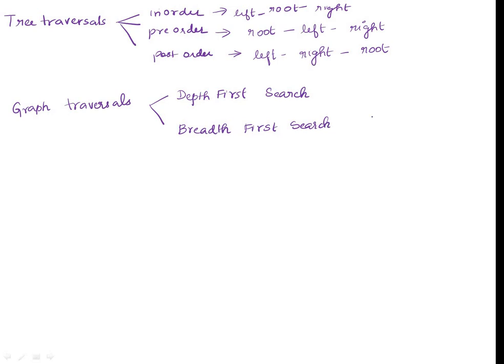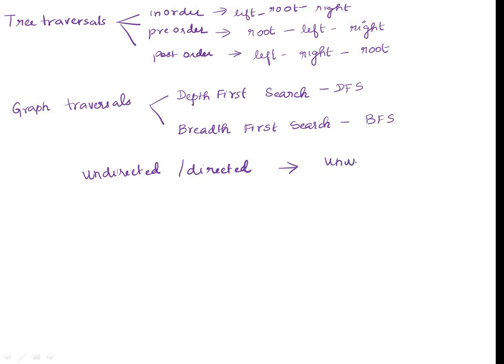Depth first search, in short, is referred to as DFS, and breadth first search, in short, is referred to as BFS. Graph traversals can be applied to any undirected or directed graph, provided both these graphs